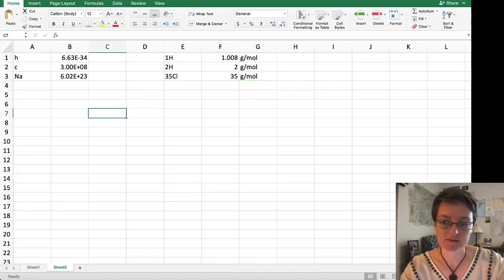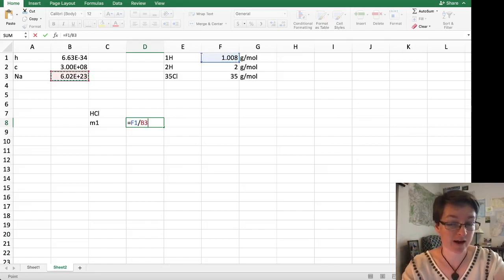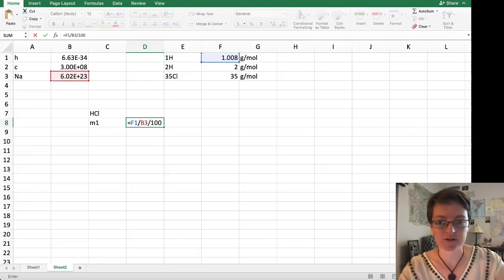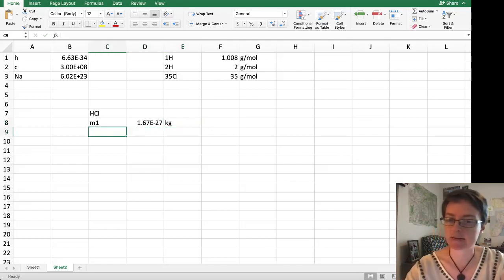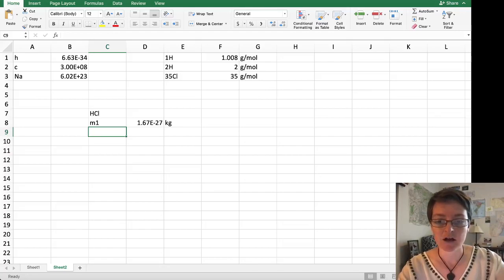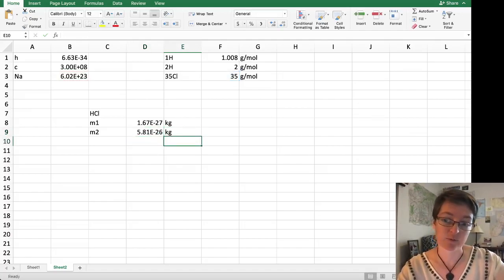So for HCl, our first mass is equal to the hydrogen mass divided by Avogadro's number so that we're in units of grams per atom. And then similarly, normally you want to represent these masses in terms of kilograms for us to be able to use later. So our mass of our hydrogen is going to be 1.67 times 10 to the negative 27th kilograms. Our chlorine mass, similarly, is going to be the same process, but for our mass of 35 grams per mole, divide that by Avogadro's number, divide by 1,000, and we get M2 is equal to 5.81 times 10 to the